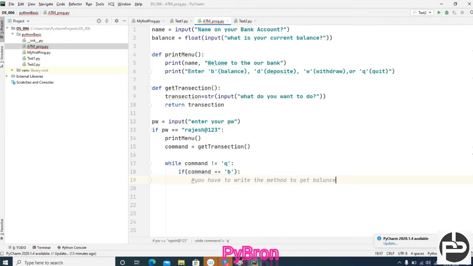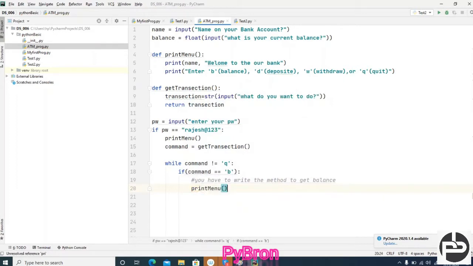I am not going to do that. That is the methodology of programming. Once the user gets the balance, then again I have to expose this menu, right? Print menu.